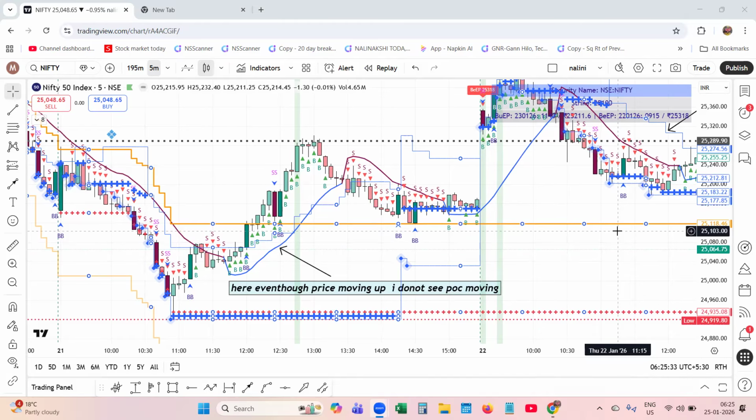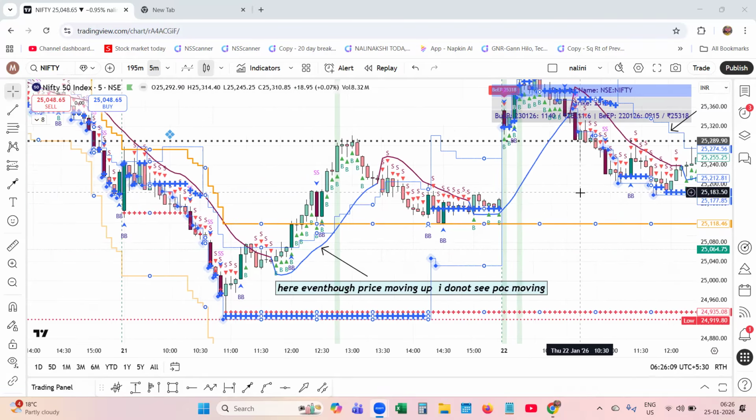I need to explain to you in detail the logic behind the POC, the market memory POC. You should understand it thoroughly, and only then can you trade better. I'm showing a few important things. Whenever I take a trade, before taking any trade, I don't look at the candles alone. I first try to understand who is in control of the market, buyers or sellers.